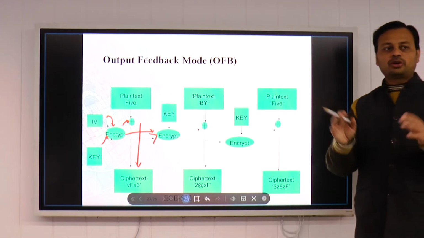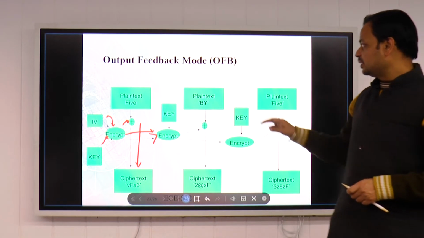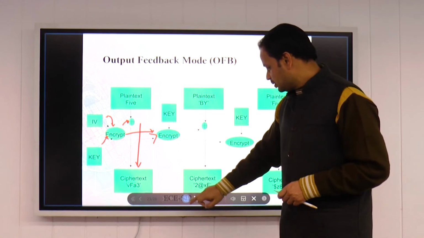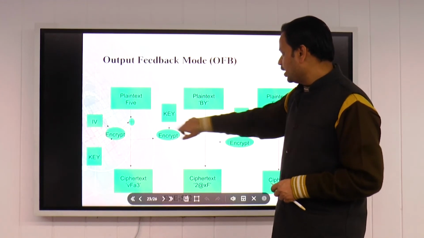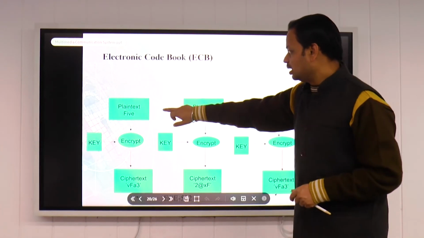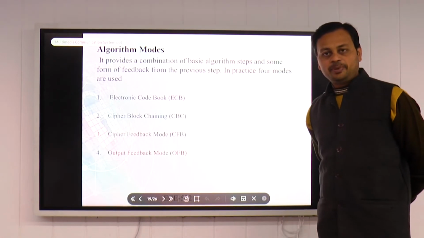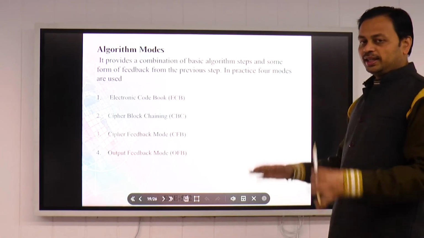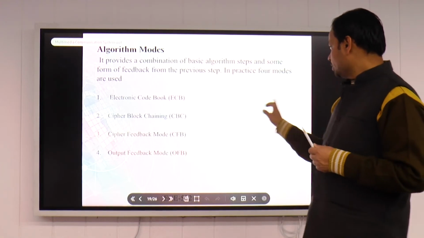So these are the 4 modes which we have studied today: ECB, CBC, CFB and OFB. The only thing we are doing is trying to confuse the hacker. Okay. Now